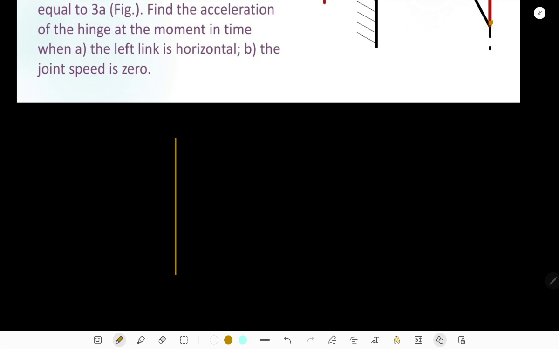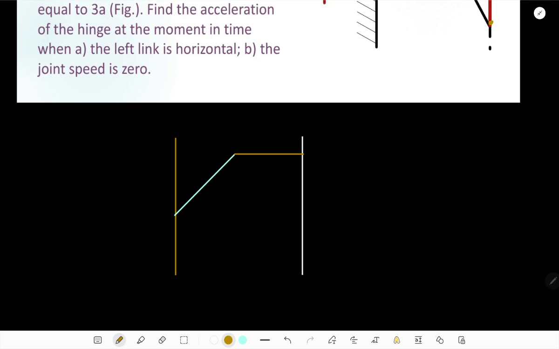This is the fixed end, and this is the guide along which the other body is moving with a constant velocity. And if I draw something like this,